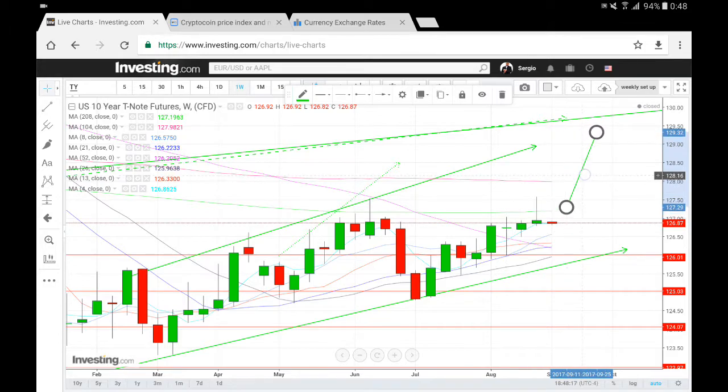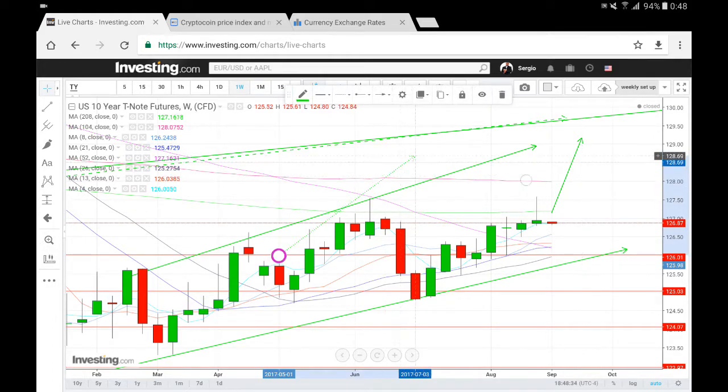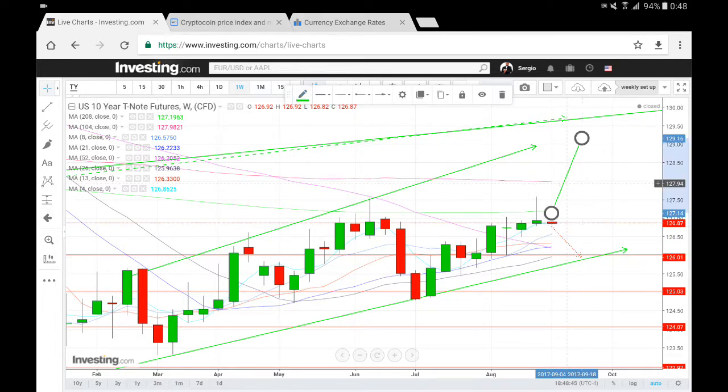So now if we fail to close above 127 points, first of all, to be above that particular resistance over here, 127.20, what we can see instead, that's a bearish movement. We can come back and retest that particular channel's support and bounce from there, here, and then here,